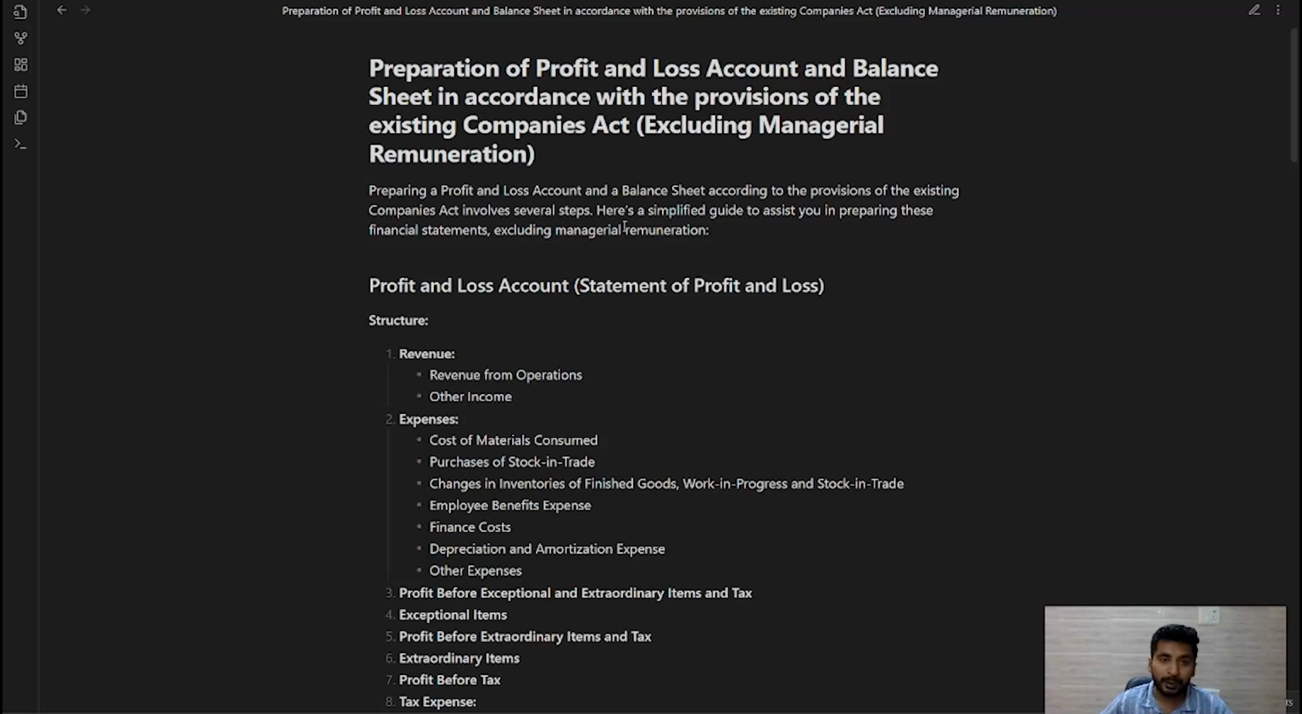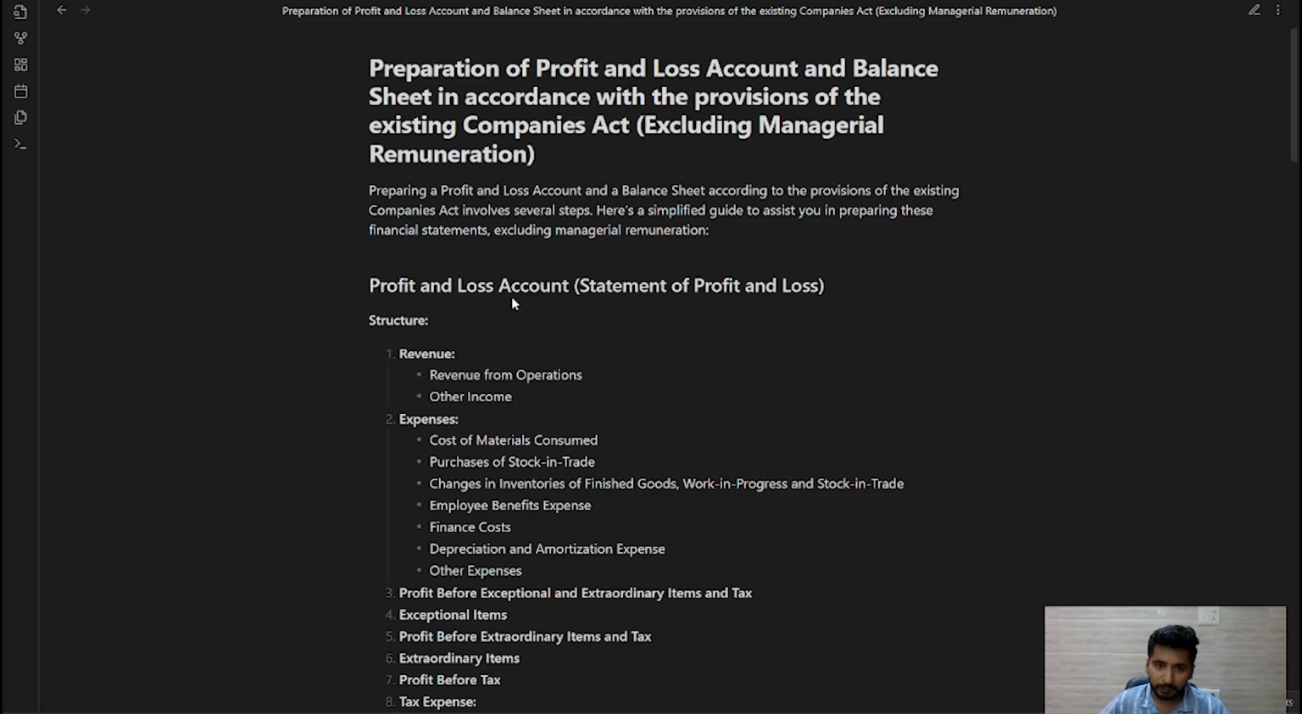And in this video, we will be talking about the preparation of the profit and loss account and the balance sheet in accordance with the provisions of the existing Companies Act, excluding the managerial remuneration. So, preparing a profit and loss account and a balance sheet according to the provisions of the existing Companies Act involves several steps. Here's a simplified guide to assist you in preparing these financial statements, excluding the managerial